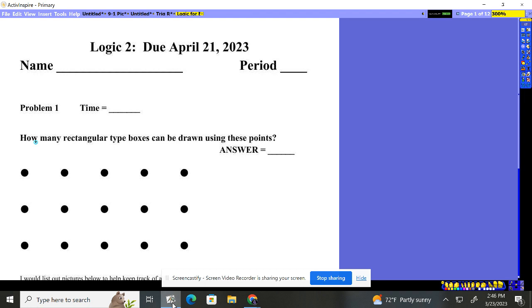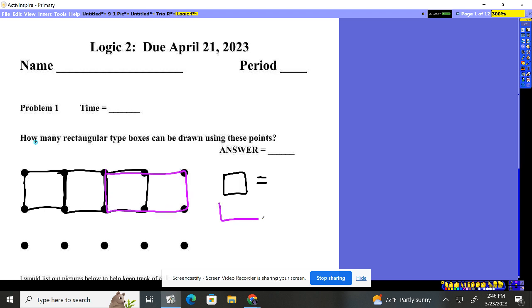Problem one says how many rectangular type boxes can be drawn using these points. So what you need to do is get a list. For example, I would draw and say, hey, there I could draw one like that, and here there's two, and there's three. Personally, I would be saying, hey, how many of these guys can I create? But do know you could create one like this. So how many of those guys could you create? You could create it like that. That's a different one. You could create one like, I don't know, what about that size? Or even, let's use a different pen color. We could create